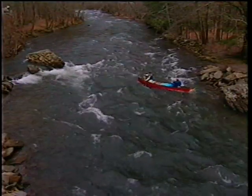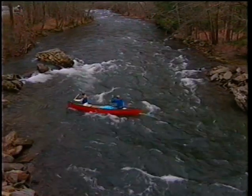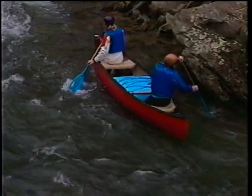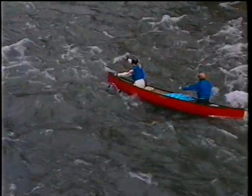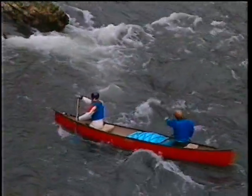The upstream ferry is another way to get the canoe across the river without being swept downstream. It's better than the downstream ferry if you're in an eddy and want to cross over to the other shore. First, you need to back up so you have enough space to get up some speed before leaving the eddy. Then paddle forward to cross the eddy line close to the upstream end of the eddy at about a 10-degree